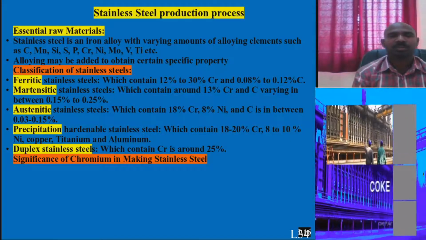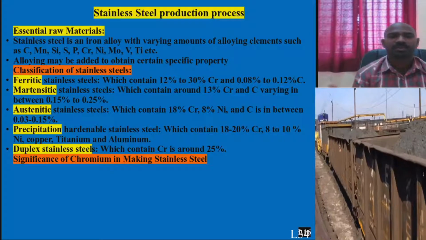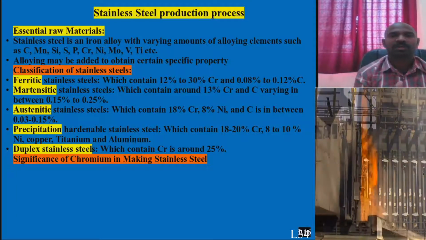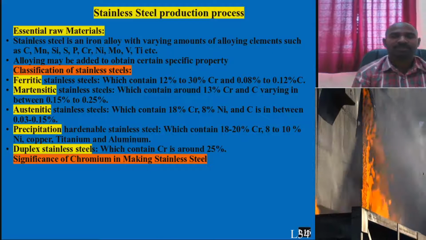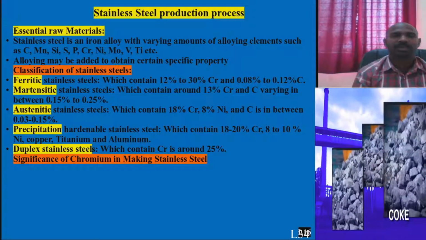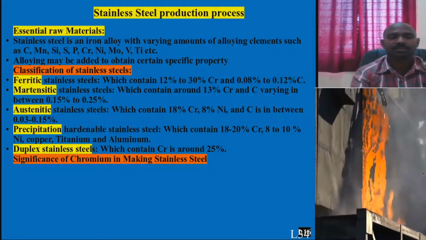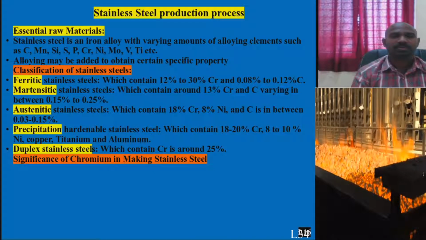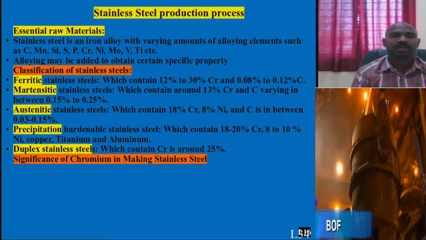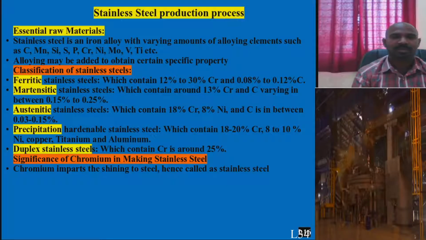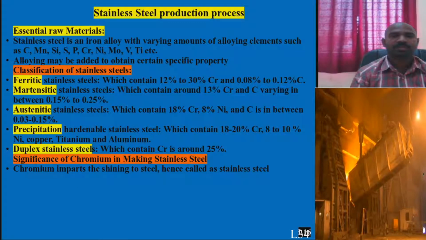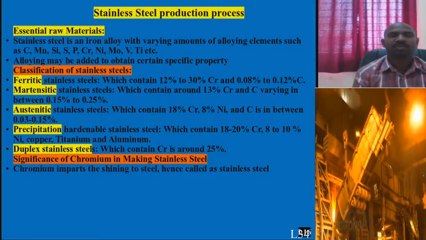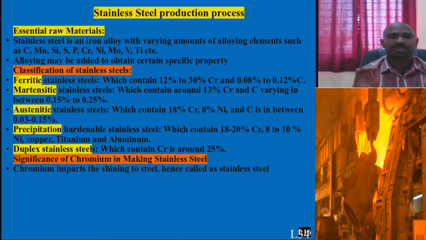Coming to the significance of chromium addition, wherever you look, it is mainly about chromium alloying addition, and the alloying addition is greater than or equal to around 15%. It means it is a high alloy steel. And what is the importance of chromium? Chromium mainly imparts the shining nature to stainless steel. Stainless means there are no stains appearing on the steel, which you will find in kitchen applications mainly.